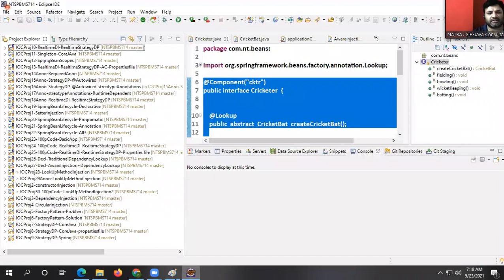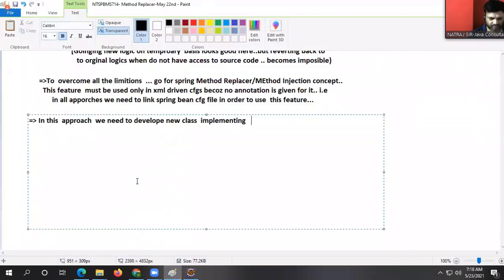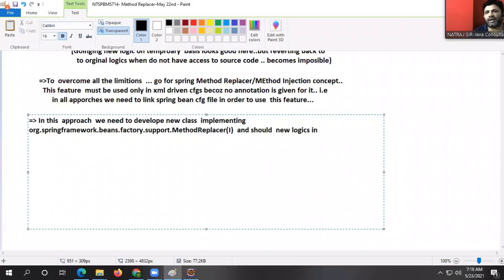Implement the MethodReplacer interface and provide new logic for the business method by implementing